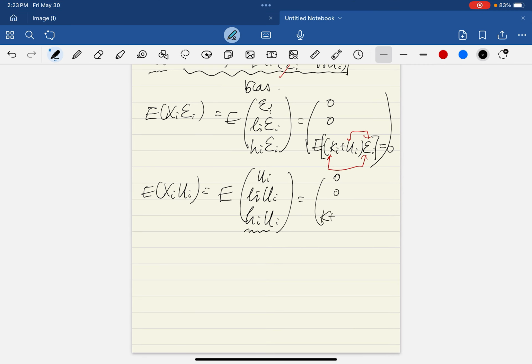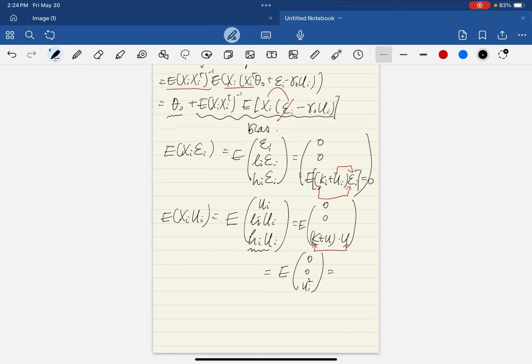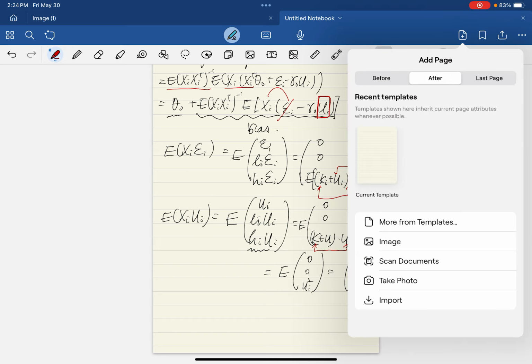Again, k plus u times u is u squared. If you take the expectation, k and u are uncorrelated. The measurement error is uncorrelated with the true capital, but u itself cannot be cancelled out. So it is not 0, and I will denote this as 0, 0, sigma u squared. Okay? Then we just found that this is the problem. And then in the next page,